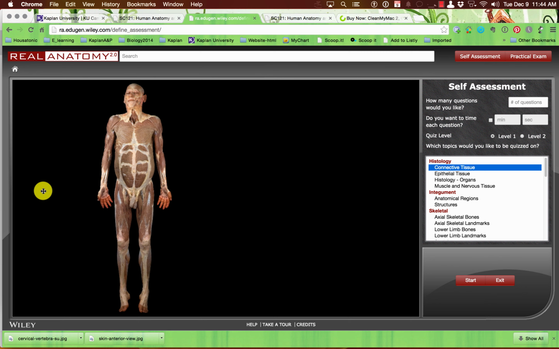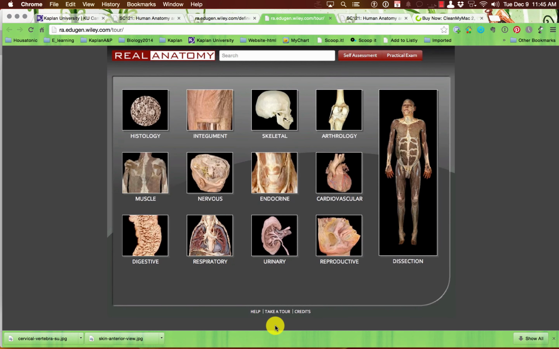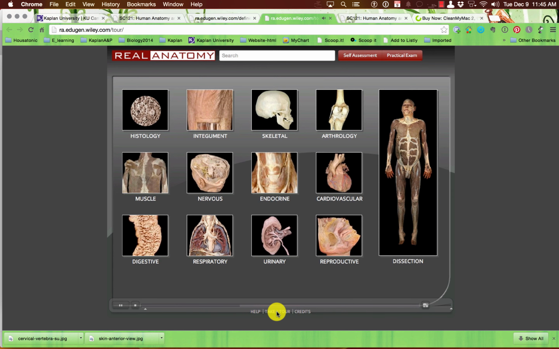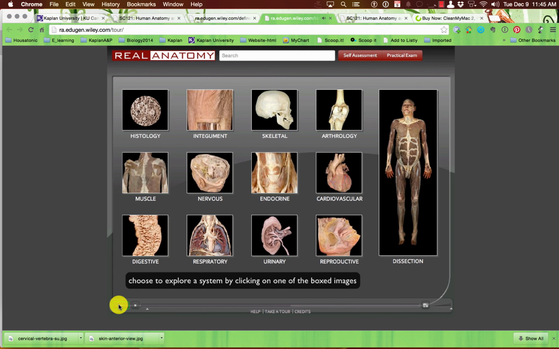I know I was sort of fooling around, but I wanted to show you that's how you have to do it. Move it around. There is a tour here. If you want to take the tour, I have no clue what that is, but it's probably good. Welcome to Real Anatomy. This is your home screen from which you choose what you would like to explore. I stopped it. Choose to explore a system by clicking on one of the boxes. See, it'll tell you what to do. You can listen to that on your own time. Okay? So, this probably is longer than